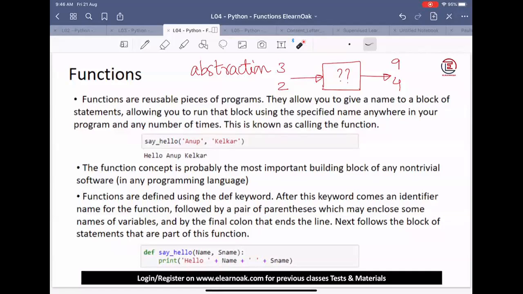Even without understanding those concepts, we are able to ride our vehicle well. That's the idea of abstraction: without understanding how it works inside, we can pass inputs and get outputs back.